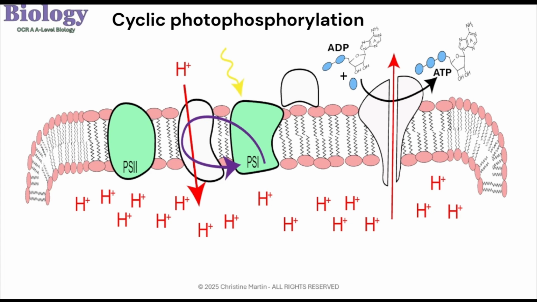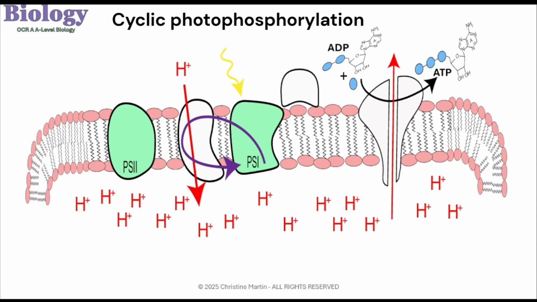In this process, electrons from photosystem 1 are recycled, moving through the electron transport chain and across the proton pump back to photosystem 1. The electron flow maintains the proton gradient across the thylakoid membrane, allowing ATP production to continue even without the